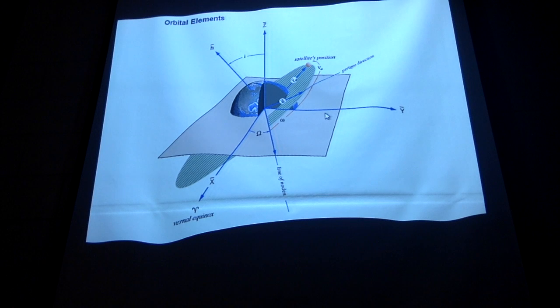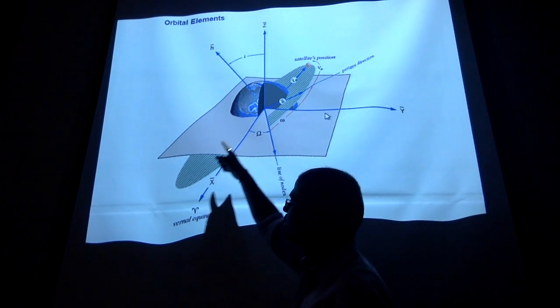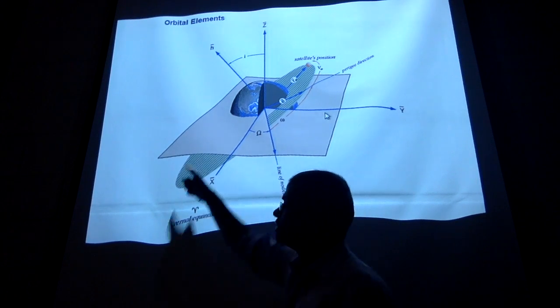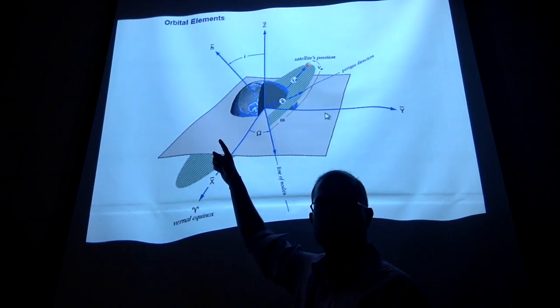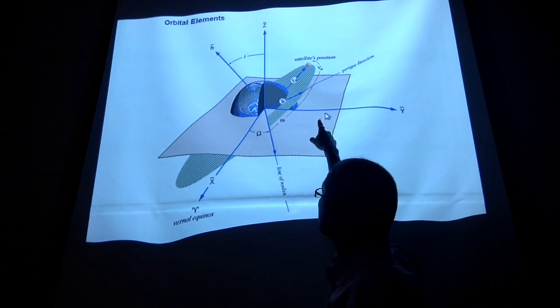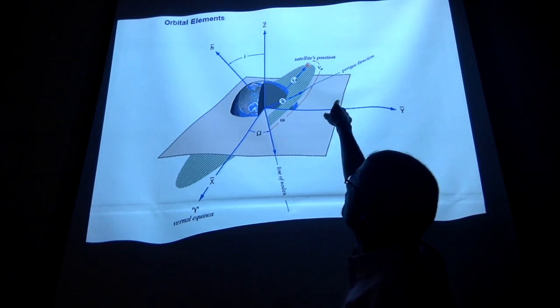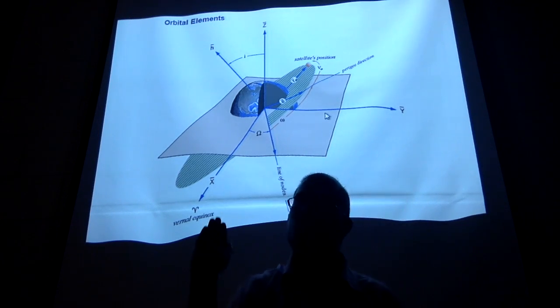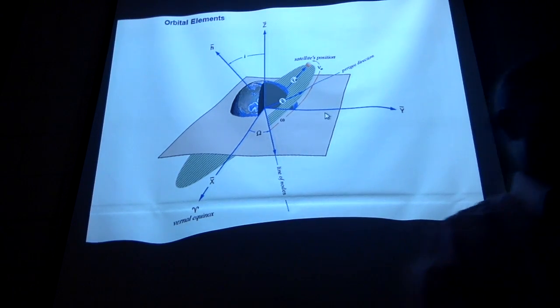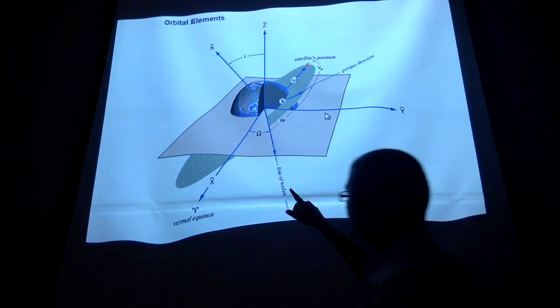So here the orbiting body is orbiting this way. The direction is identified here. You see that arrow? V0, you see that V0, that arrow is there. It's telling you how that orbiting body is going. Considering that is the orbiting direction, you see there are